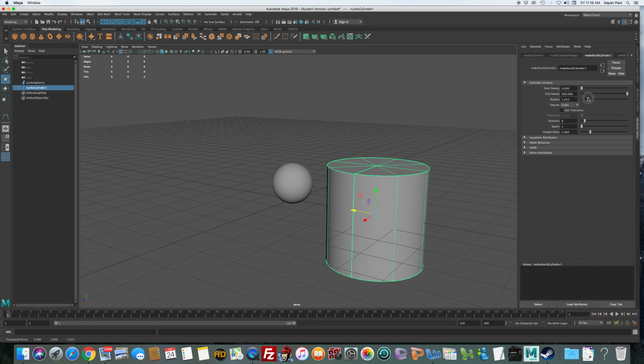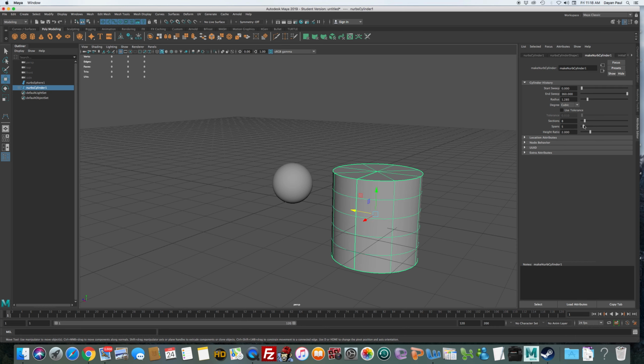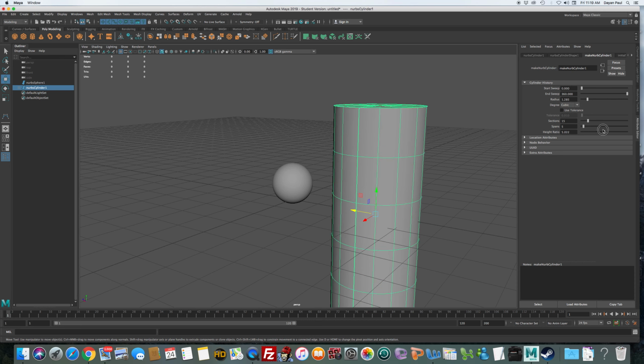Same thing with the radius. The radius is really going to be this circle here, and how big that cylinder is. You have the same thing with spans and sections, like the longitude and latitude type lines on the globe. And then you have another additional thing on the cylinder here called height ratio. If you change the height ratio, that's going to be relative to the radius, and that height ratio will make this a longer, skinnier